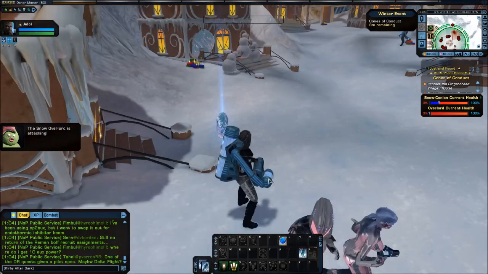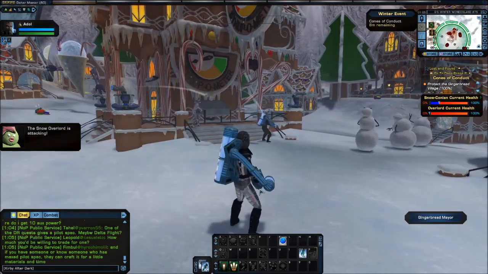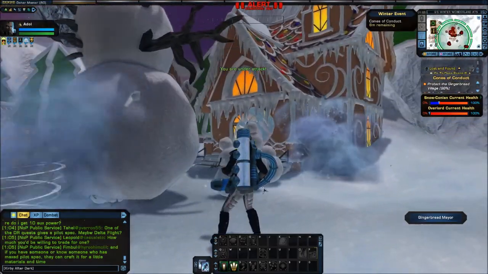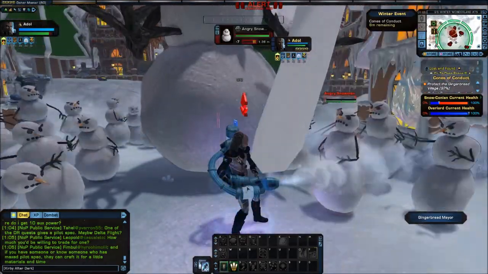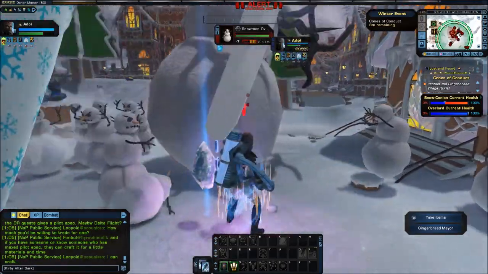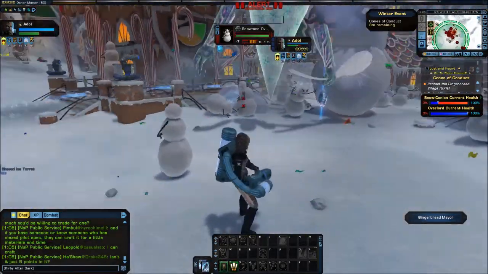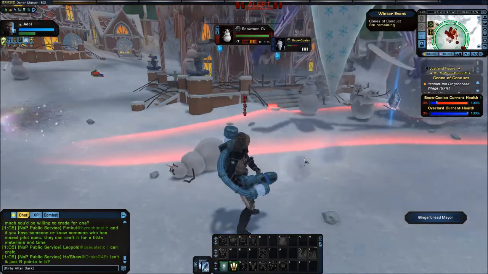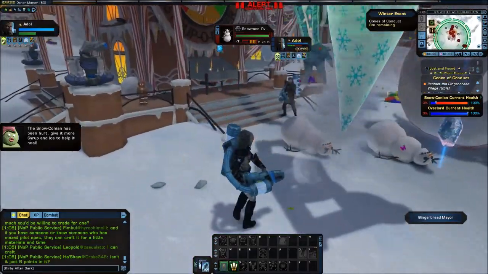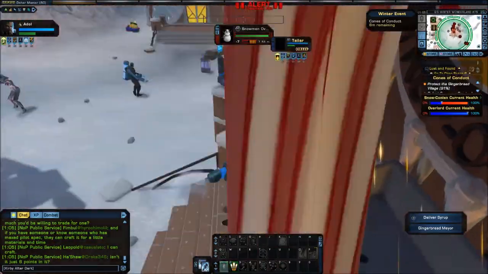I can melt candy. Alright, so now the Snow Overlord is attacking. So I need to head up to... There he is. Get the angry one. Now I want to get the Snowman Overlord. Alright. The snow conian has been hurt. Give it more syrup to help it heal. Alright, so in order to help the snow conian,